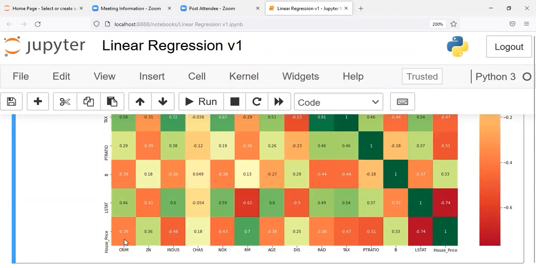There are certain variables like crime rate, index variable, nitric oxide concentration, which have a weak negative relationship with the dependent variable. In fact, there's only one variable which has a strong relationship, which is the number of rooms present in the house. So you can see here the correlation value is 0.7, which means that as the number of rooms increase, the housing price also goes up, which makes sense because larger homes with a lot of rooms tend to command